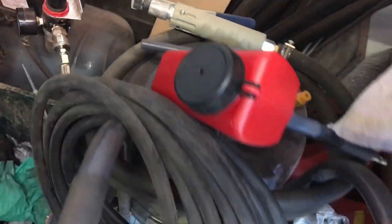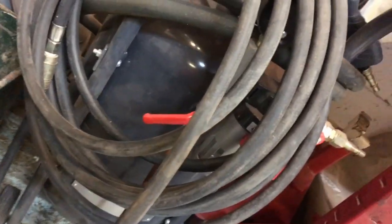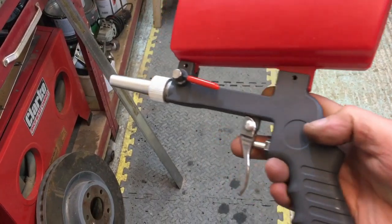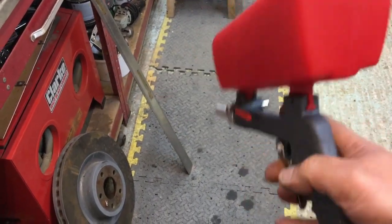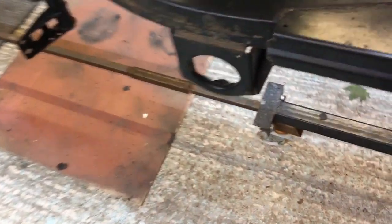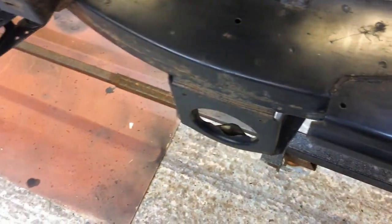The one downfall to it, if I can get the angle down here and show you, is the shape of the cylinder. As you can see, it's quite flat on top and bottom rather than being very domed. So once the sand gets below 6 inches from the bottom, it doesn't really want to go down anymore. I bought this on Amazon for like 20 odd quid or something, and it's just a cheap Chinese piece of junk really, but I just want to go around and locally get in there, like the areas down in here, and blast these areas